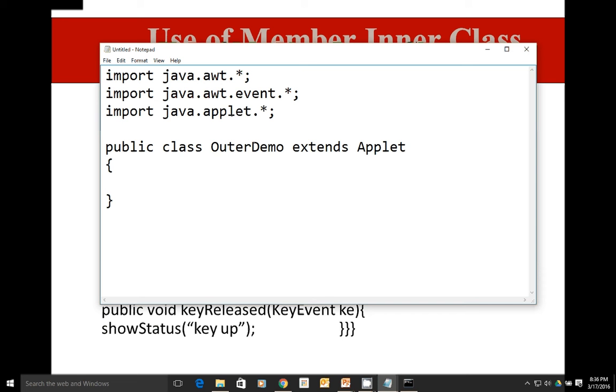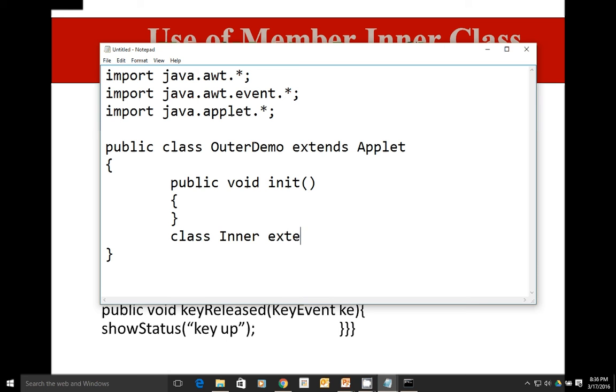Within this I am going to implement the public void init initialization method. And of course here I am going to create a class with the name Inner